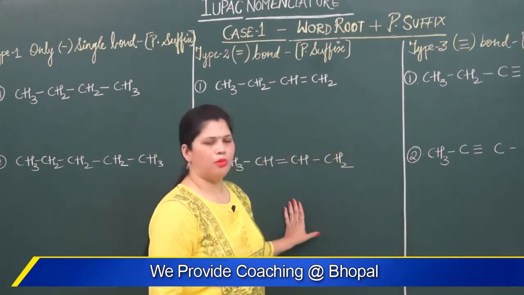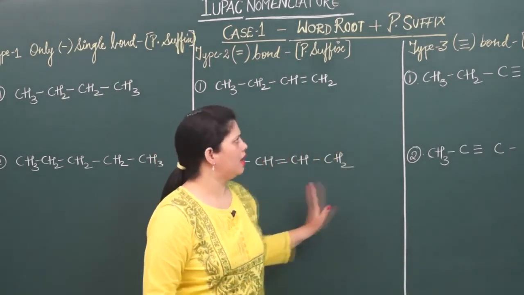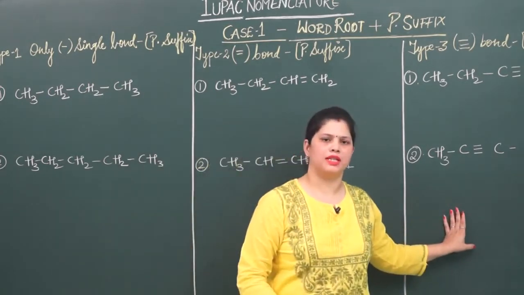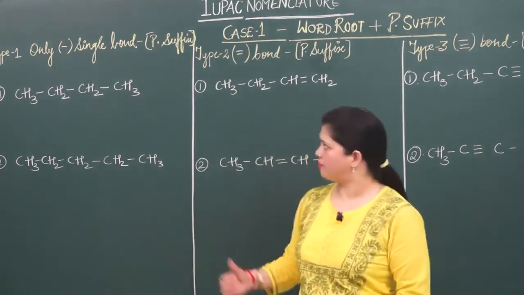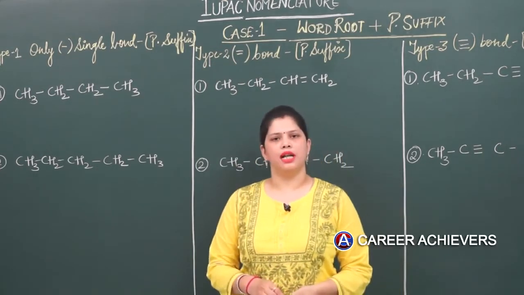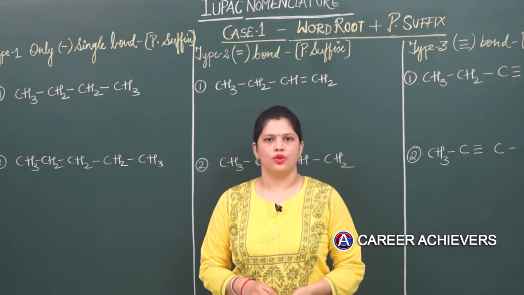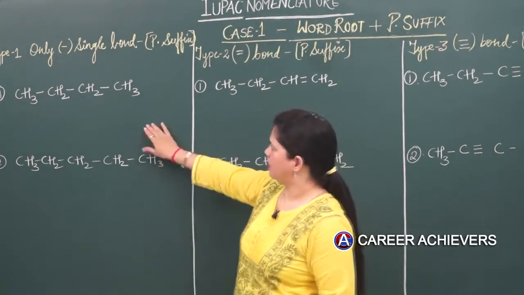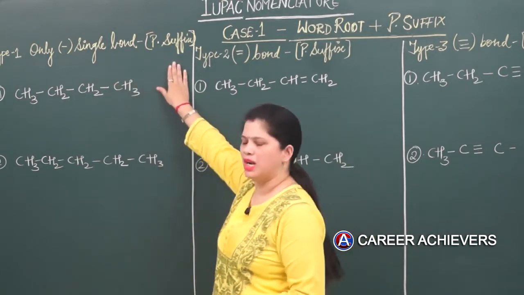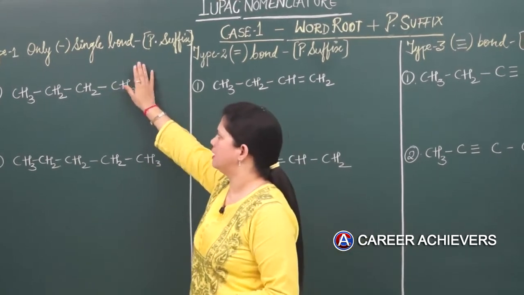The bond may be a double bond present in the molecule somewhere. The bond may be a triple bond present in the molecule somewhere. And the fourth and last type of the same situation may be a double and triple bond present together. So this case has been divided into 4 types. The first is when the primary suffix is in the form of only single bond